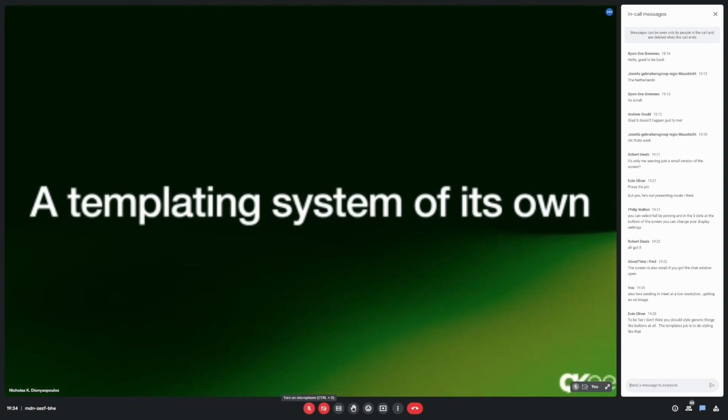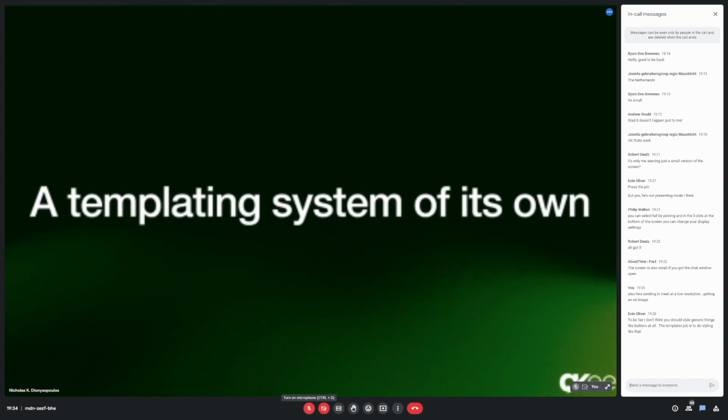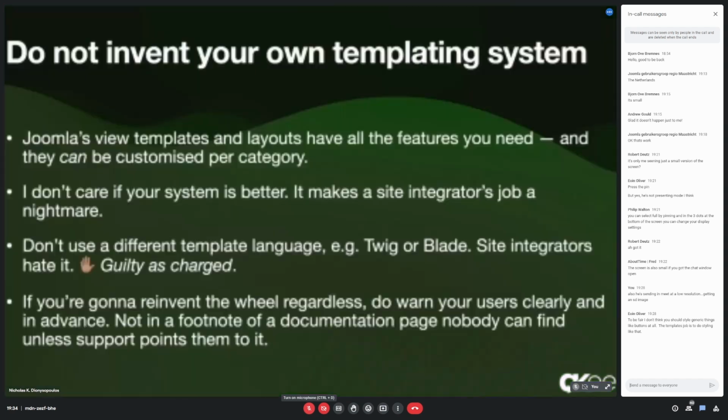Some extensions seem to have their own templating system, and I see that primarily in components. Just remember that Joomla gives you many ways to create templates and layouts which have all the features you need. Like you can also override them by category. You don't need to reinvent that very round wheel and make it square. I don't care if you think that your system is better. The fact that it's non-standard means that the site integrator has to learn